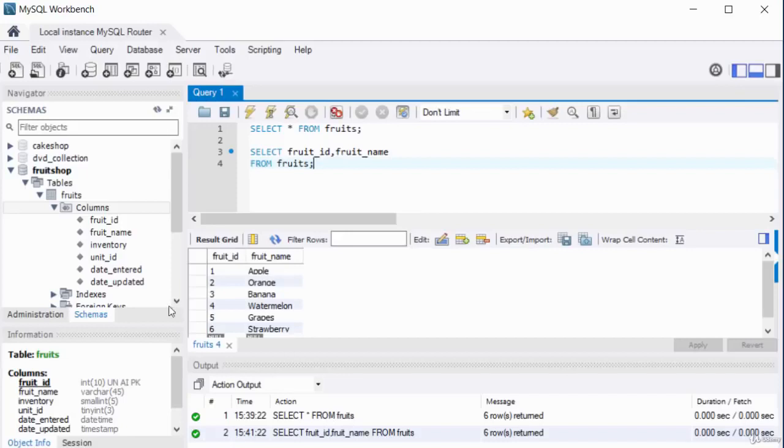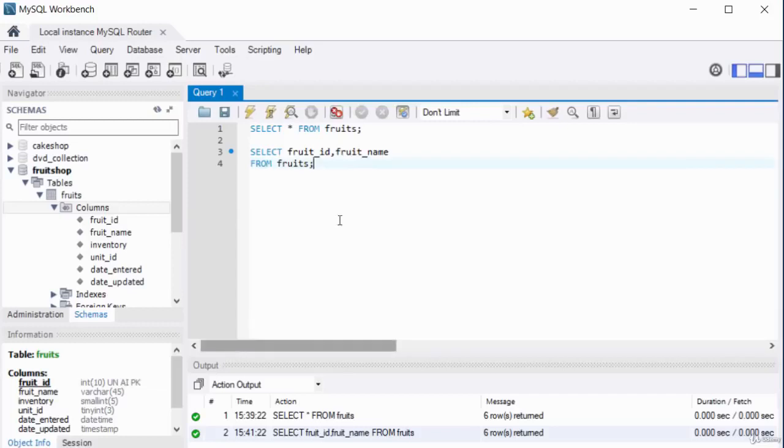Another thing you can do is use the where clause to filter the records that get returned by the select statement. So I could write another query like this. I could say select star, from. Anywhere you see the asterisk, it means it will return all the columns. That means you don't need to specify what column. So I say select star from the table called fruits, and I'm going to add the where clause, which will act as a filter, and I'll say where